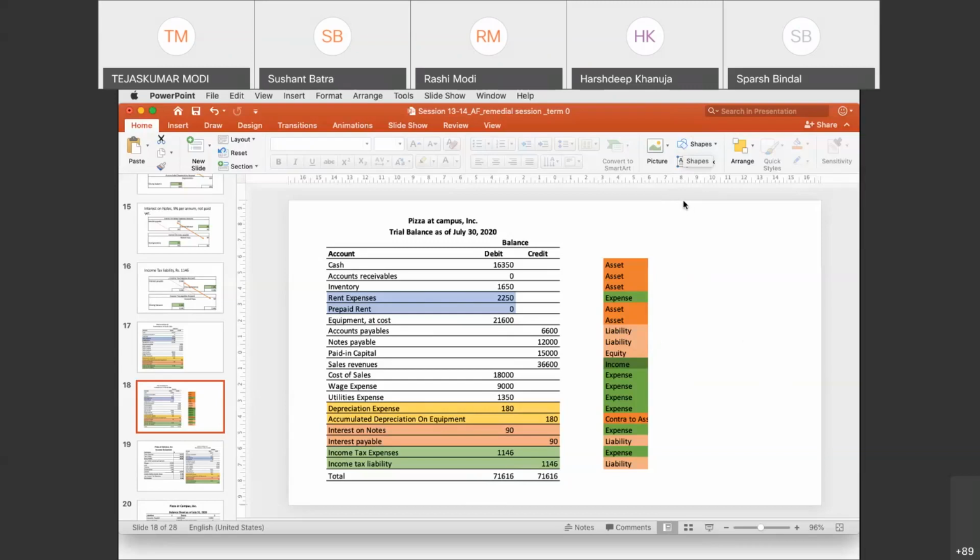Sir, notes payable is a liability, but is it a short-term liability or long-term, or can it be both? It could be both, depending on the situation. When the loan,